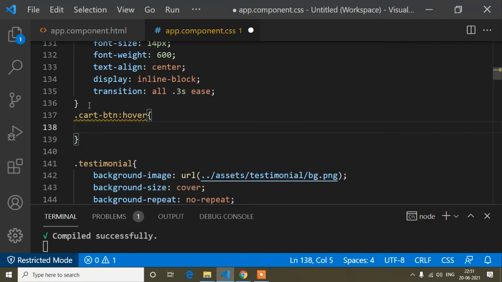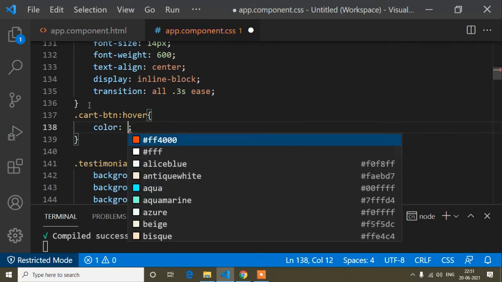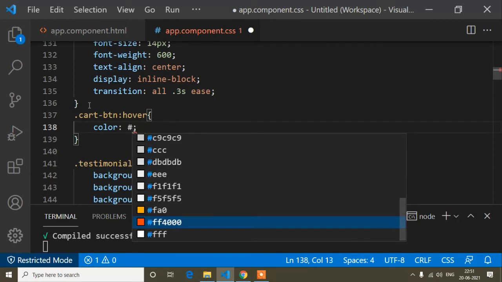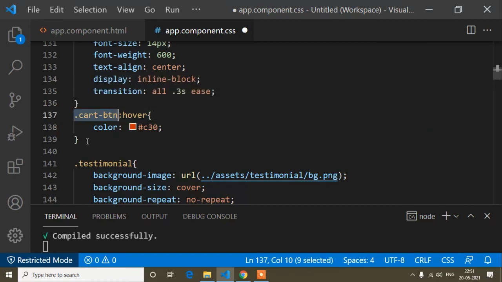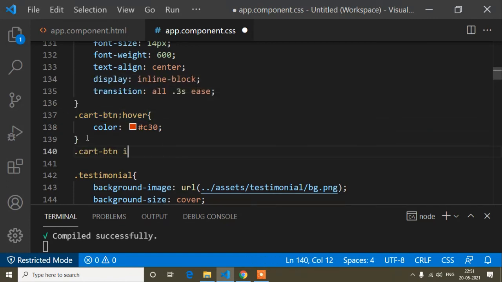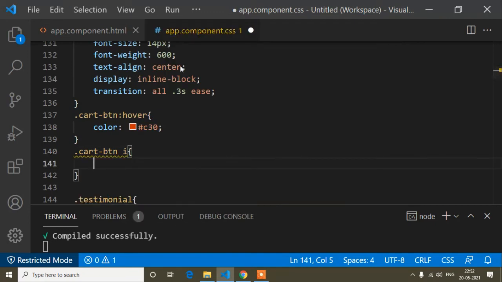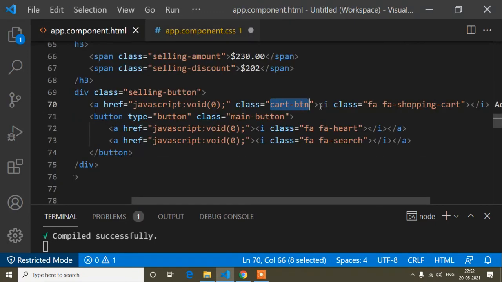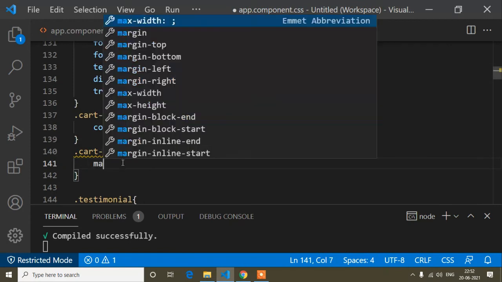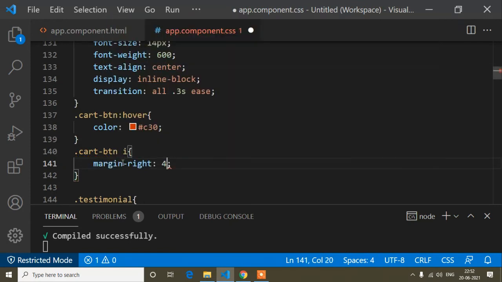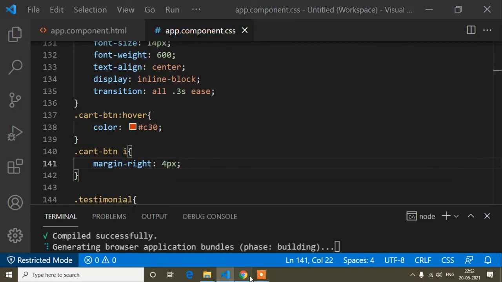So when I hover, I will just change the color, so the color will be C30, this color code. And now the cart button i, because if I show the HTML, this is the cart button and here is the i tag, so for the i tag I will add margin-right, which is 4 pixels.